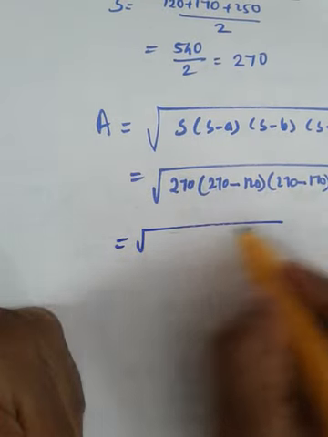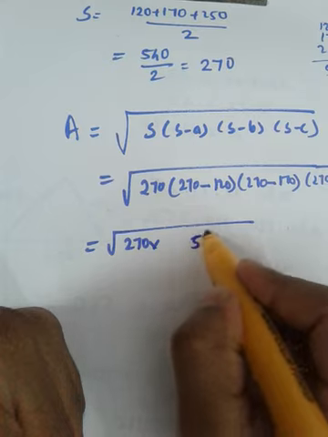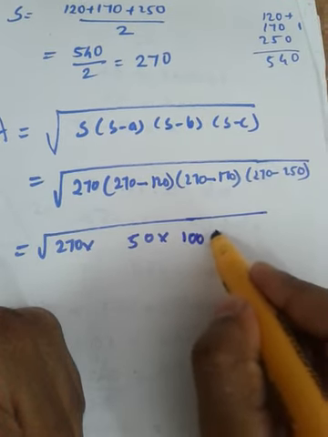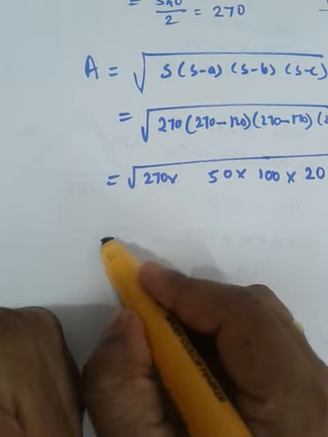Now just see, it becomes 270 into, what is 270 minus 120? 50, into, what is 270 minus 170? I think 100, isn't it? What is 270 minus 250? It is 20. Very simple, no? Yes. Now just see,